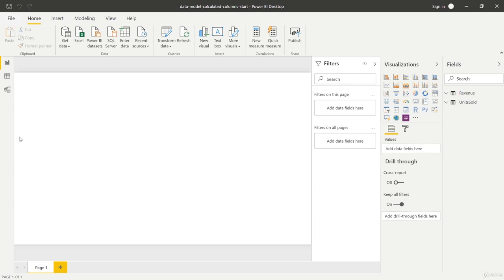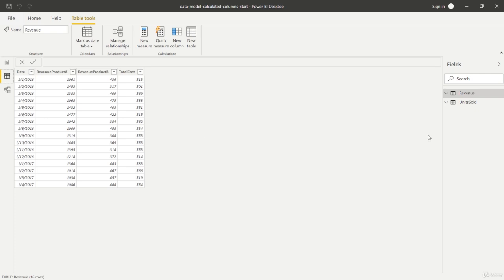So enough of the theory, I'm back in Power BI Desktop, and I'm not back in the course project, but in a project you can find attached to this lecture. In this project, I'm in the report view, which is wrong, so let's go to the data view. And here we can find two tables now, revenue and units sold, but we'll come back to these tables in